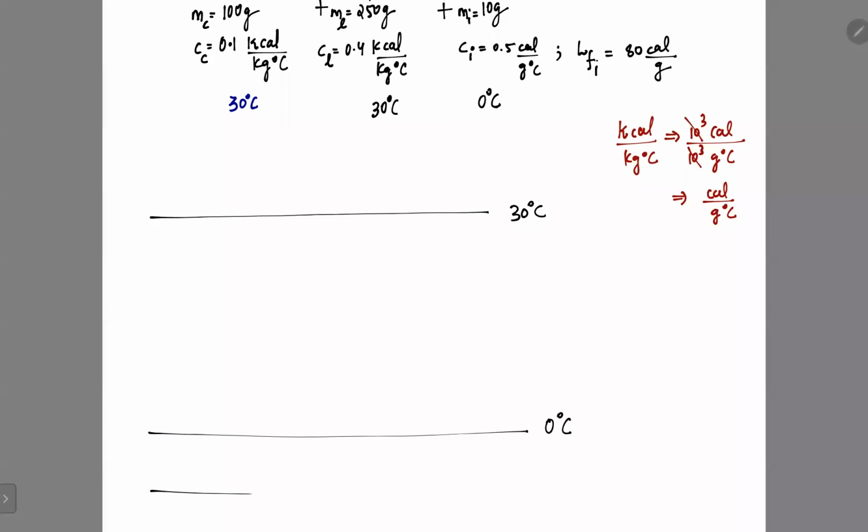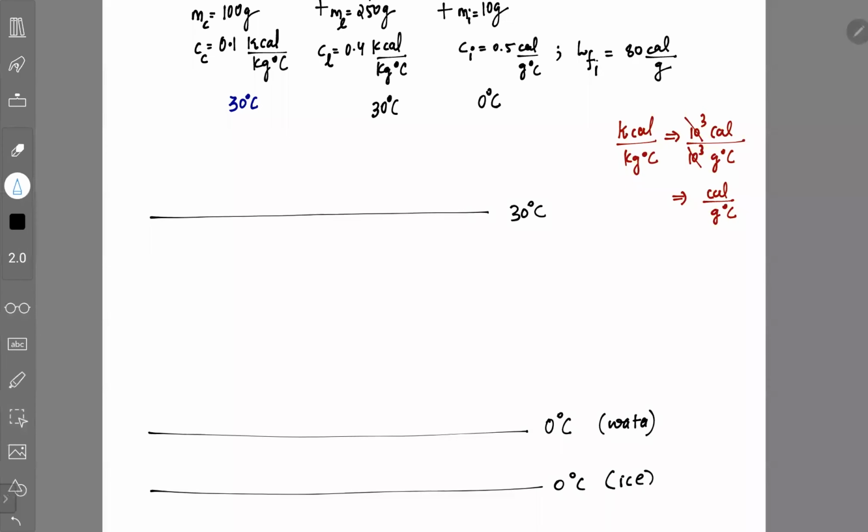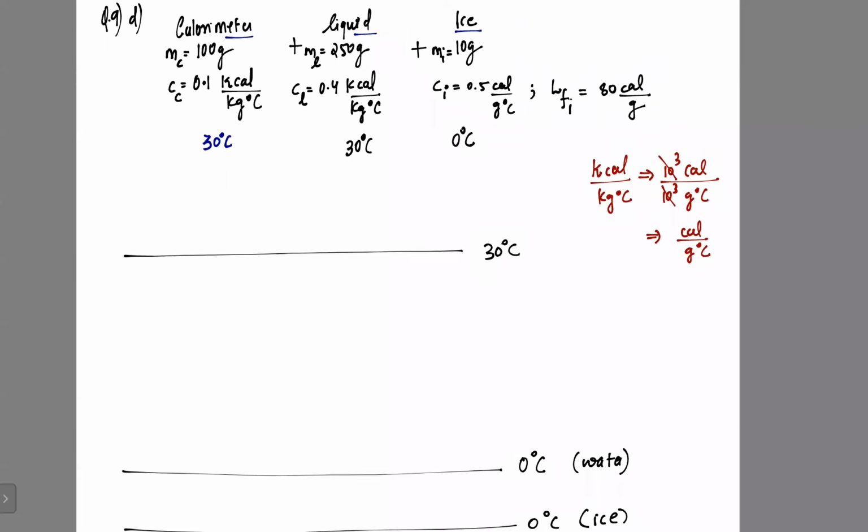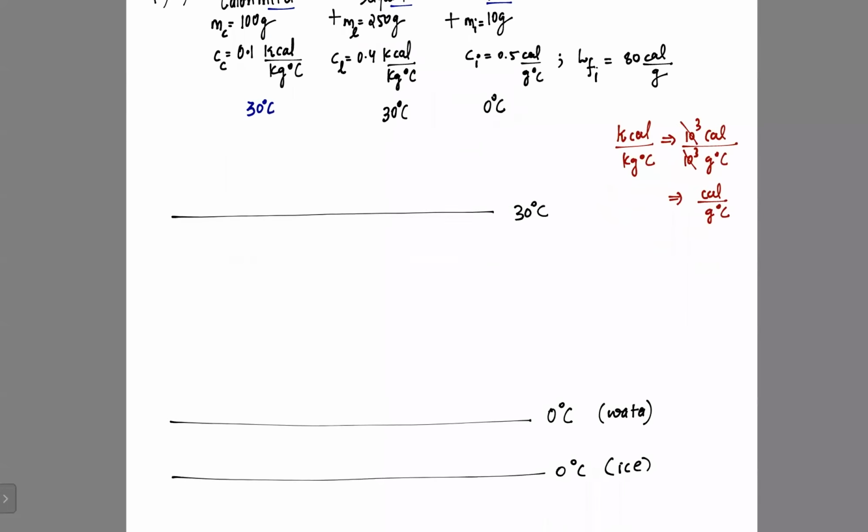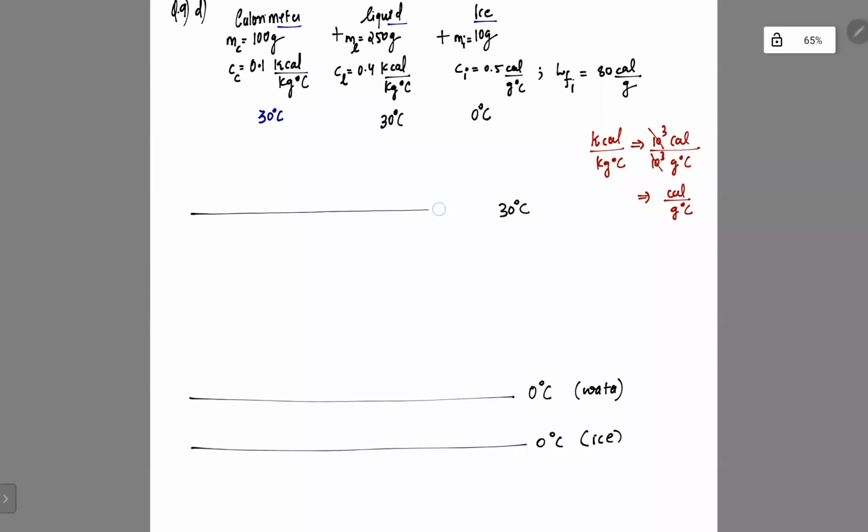Exactly, so we will make 2 lines. This one for ice, this one for water. Beautiful. Now plot it. जो जहां पर है उसको वहां पर उठा के रख दो। 30 डिग्री सेल्सियस पे वी हैड कैलोरीमीटर, राइट? तो कैलोरीमीटर को यहाँ रख दो। सो वी हैव यहाँ पर कैलोरीमीटर। बट 30 डिग्री सेल्सियस पे वी ऑल्सो हैव लिक्विड।